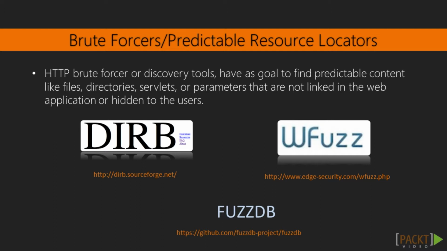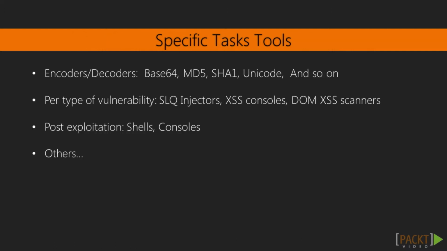All these tools benefit from word lists, like the ones provided by FuzzDB, a database of word lists for web application testing. We are going to see how to build a tool for this purpose similar to WFuzz. Then, we have a vast array of tools that are focused on specific tasks, such as encoders and hashers,